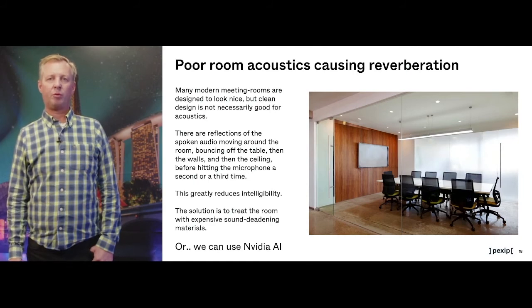The sound from my mouth will bounce off the table and then hit the wall, the ceiling, and then might actually hit the microphone a second time or a third time. This greatly reduces intelligibility. The normal solution to this is to treat the meeting room with expensive sound deadening material, but we've chosen to look at how AI can actually help us, and looking at the Maxine